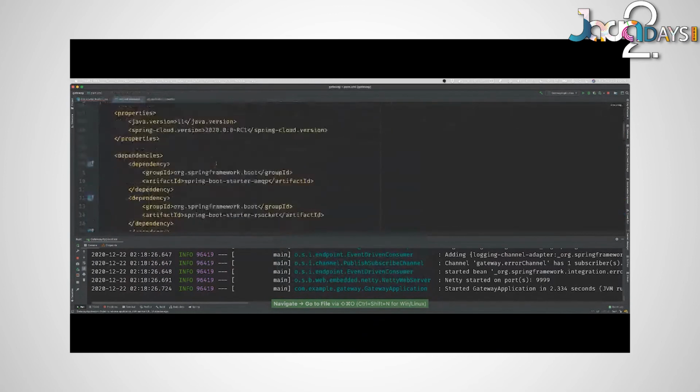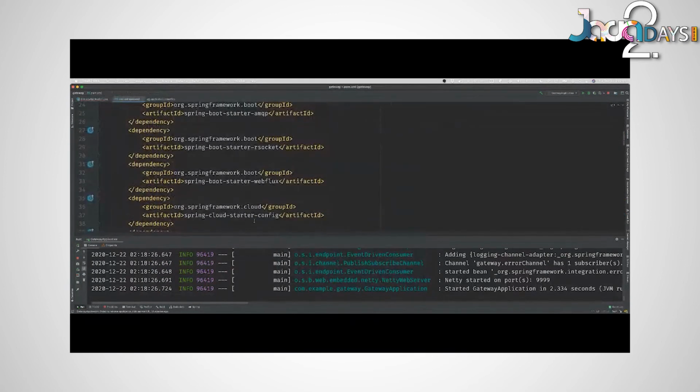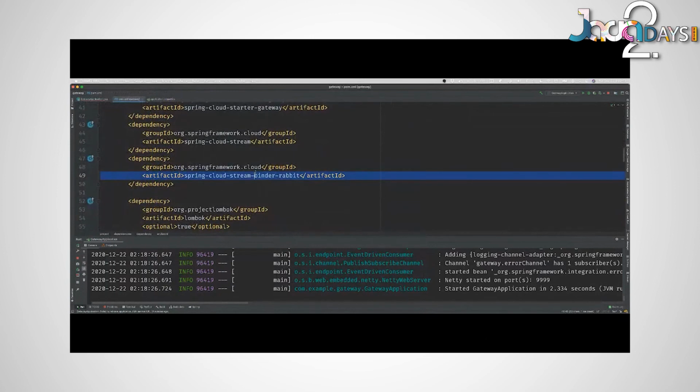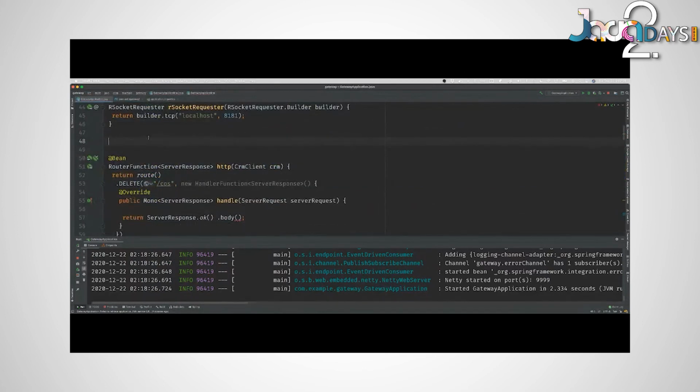I'm using RabbitMQ, but there are binders for Kafka, for Kafka Streams, for Redis Streams, for Google Cloud PubSub, for Azure Service Bus. I mean, for anything you can imagine, there's a binder out there that you can use that's really good, right? I'm just using one that's local, and it's easy to get on my local machine, but whatever you want, right?